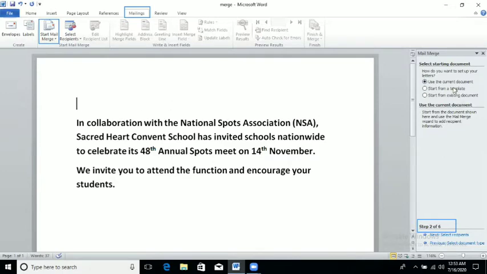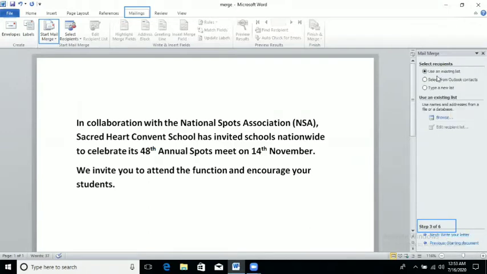If you want to take any predefined template, or if you have already made a letter, for example this letter I have already saved in my system, I can take it from here. But now I am using this letter only, so no need to do any changes here. Just go to the next option. In step number 1 also, I just clicked on the next option, and same like that in step 2, I am just clicking on the next option.